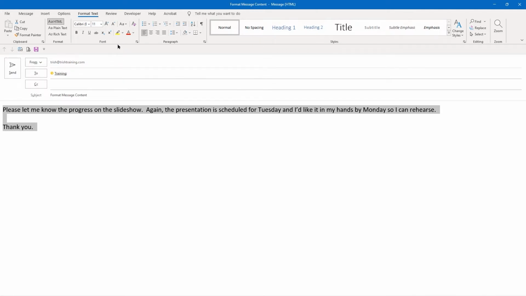So in the font group, I'm going to just make the font italicized. I used the letter I. I could have done Control I there. And I want to make the font size a little bit larger, so I'm going to use the big letter A here to increase the font size, just one click, so that now it's 12 point.